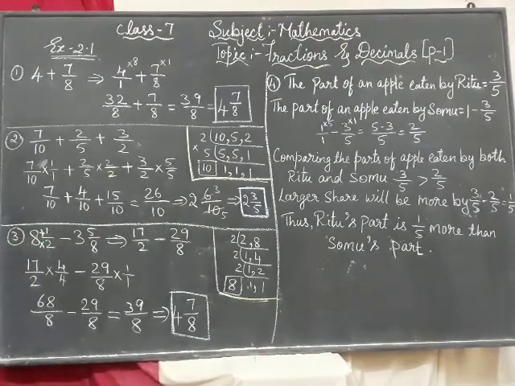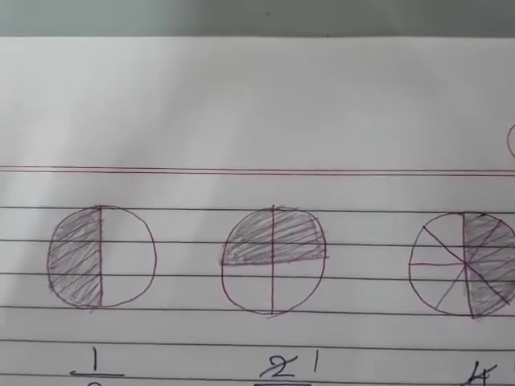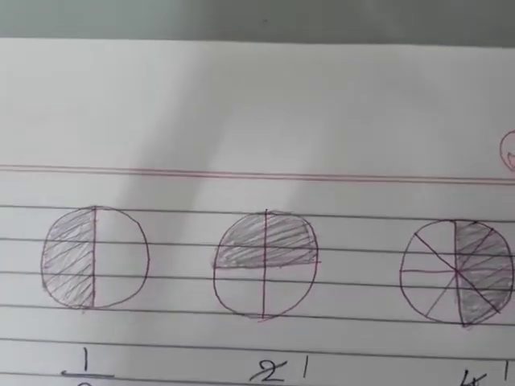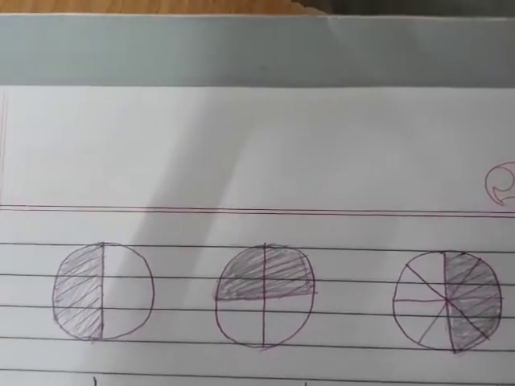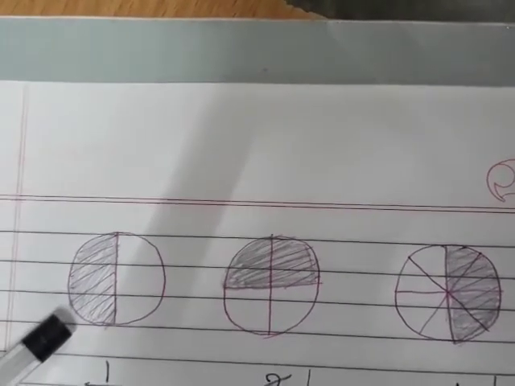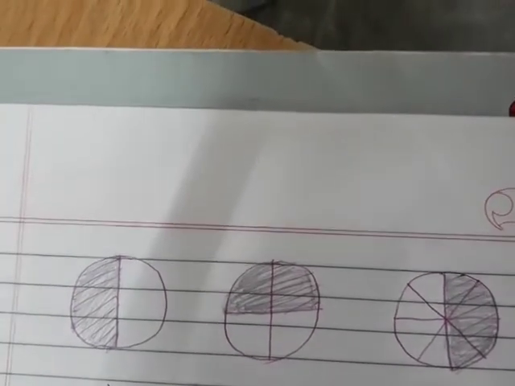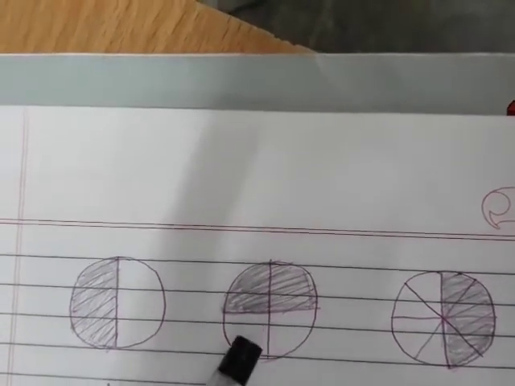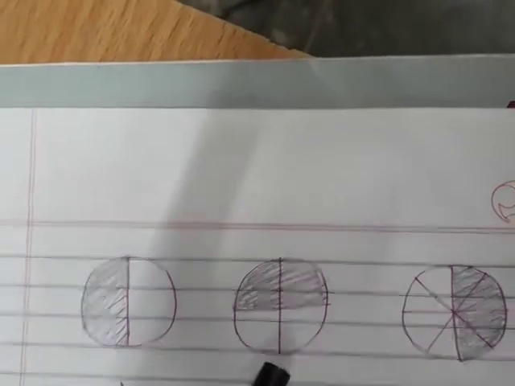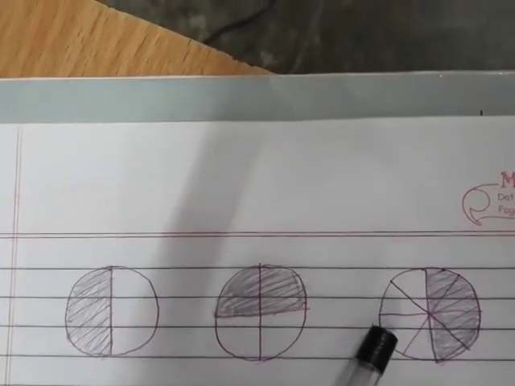Is it okay? Then next is equivalent fraction. What can you see here? I will say this is pizza. You have to share it with your friend. If I take a pizza with only 2 pieces, I am taking half and my friend is eating half. Now the same pizza is sent with 4 pieces. Now I am eating 2 pieces and my friend is eating 2. In the other pizza there were 8 pieces, so I ate 4 and my friend ate 4.